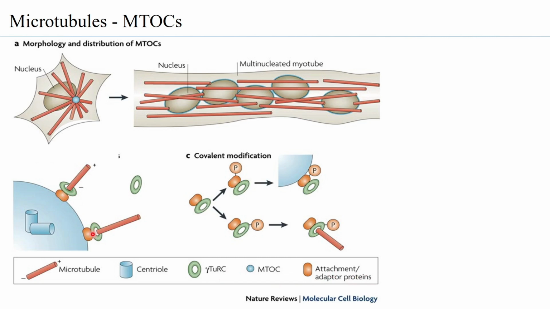And to these attachment adapter proteins comes and binds what is called a gamma tubulin receptor structure. So this gamma tubulin is a ring structure, and this ring itself is made up of several gamma tubulins. So they form a ring, and that ring comes and binds to the attachment or the adapter protein. So together, the gamma tubulin is kind of a nucleation center allowing the microtubule to